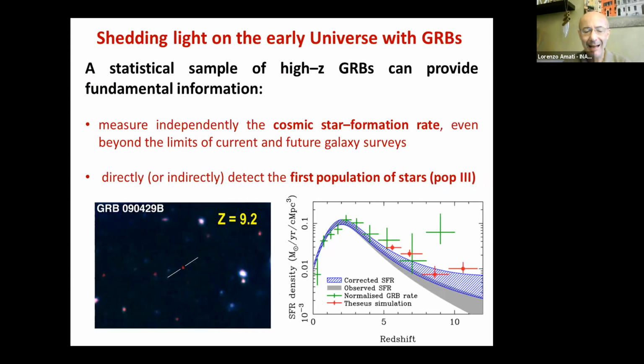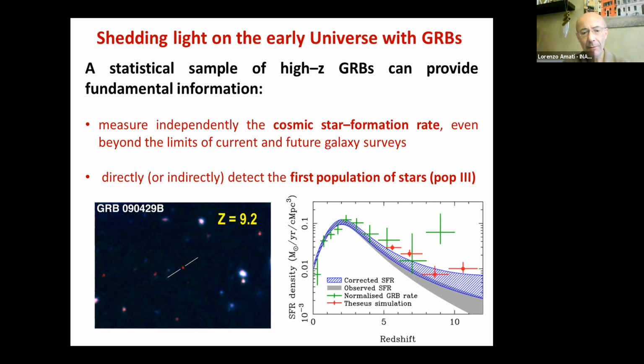So actually, there are nowadays a few very bright, very massive galaxies that have been detected by the Hubble Space Telescope frontier field, for instance, at this very, very high redshift. But these are only very bright galaxies, the tip of the iceberg of the bulk of the population of the primordial galaxies, and mostly through lensing. Instead, here, with gamma ray burst, while catching the fading afterglow, as I mentioned, the electromagnetic, in this case, near infrared emission following the burst,